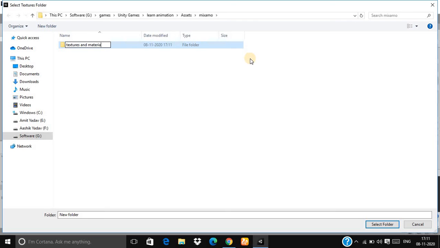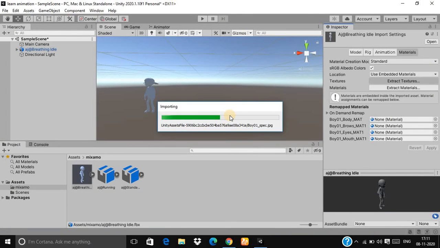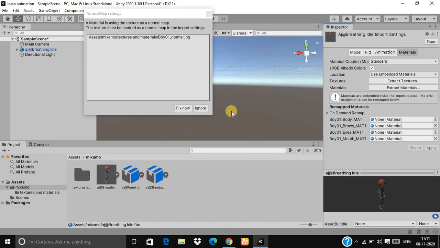Okay, and select it. So all our material textures are extracted in this folder. For the normal map setting, just click on fix now.